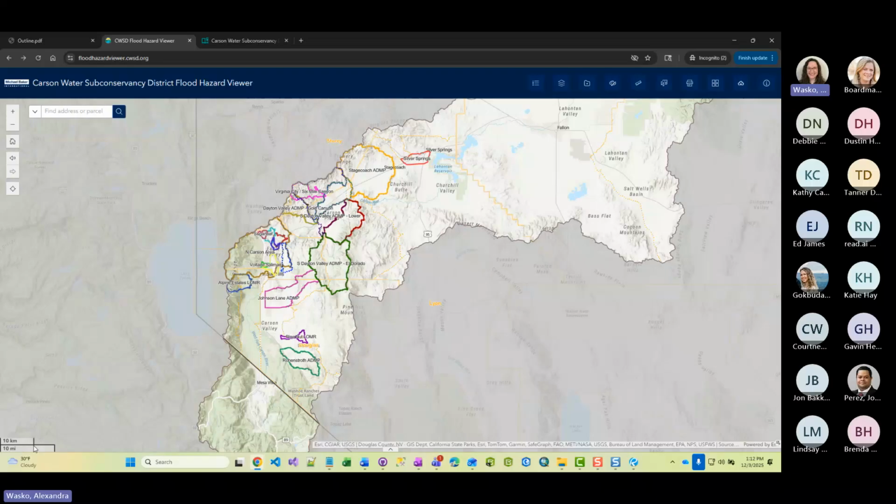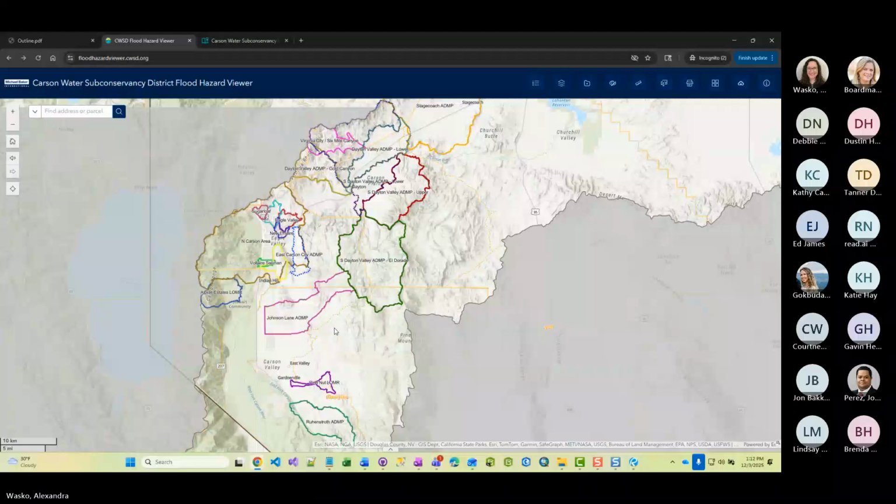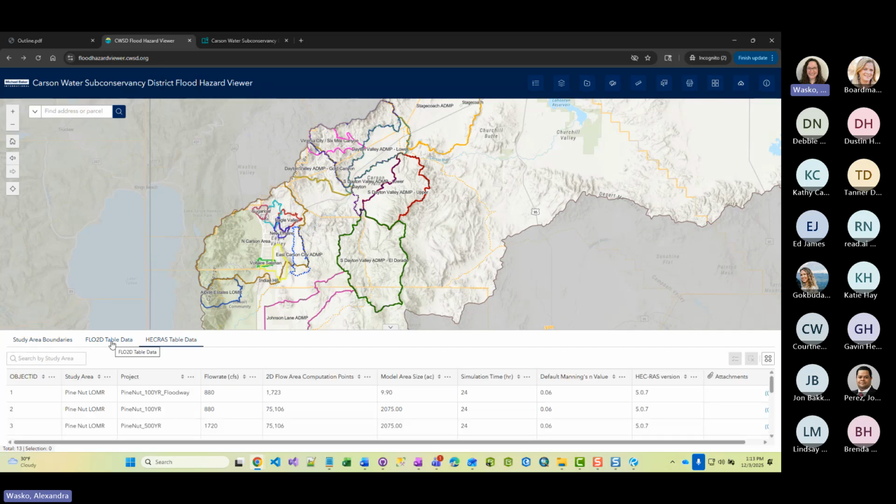We have our map scale at the bottom left of the map. This is dynamic and changes as we zoom in and out. We have an attribute table with some information available regarding our study areas. So we can take a look at the tabular form of the data. Just a side note, these two, the table data for Flow2D and HEC-RAS, these are non-spatial tables, meaning that they